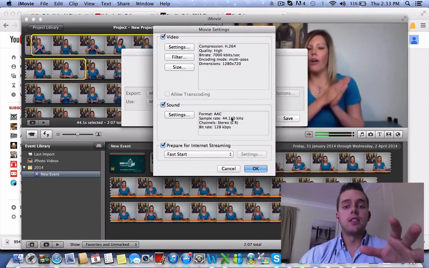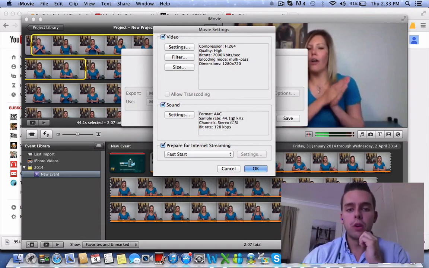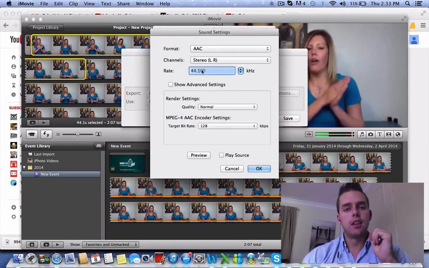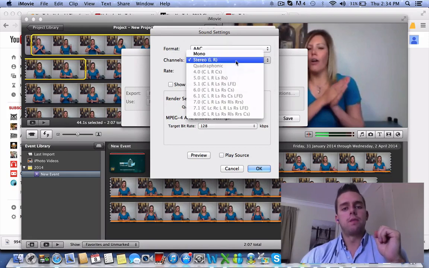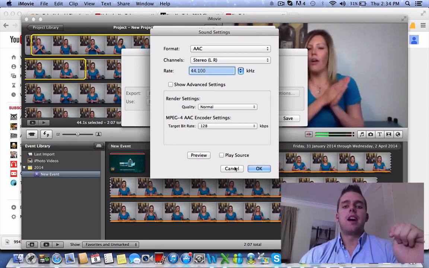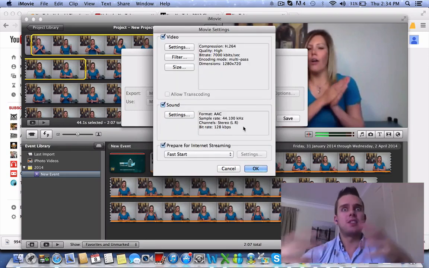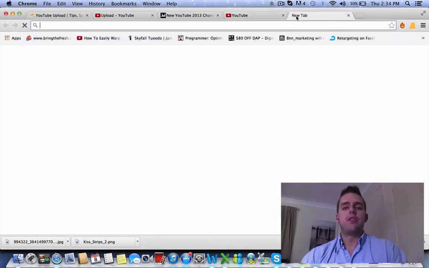Also, sound. Format, you want it to be AAC. And then just follow these. So sample rate 44.1, stereo, bitrate 120 there. So we hit that. You can change all these settings to make sure they're on AAC. Stereo, bitrate, leave it like that. Again, that might seem a bit confusing there. It's confusing for me, to be honest. I don't know what a lot of those things do, but I know that's the way YouTube likes videos to be uploaded. And the reason I know that is because if I type in,